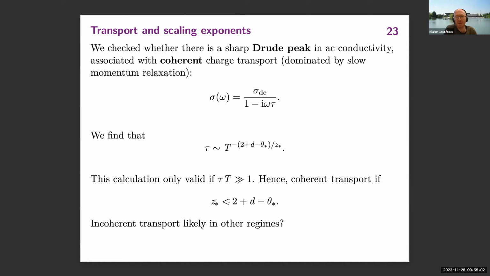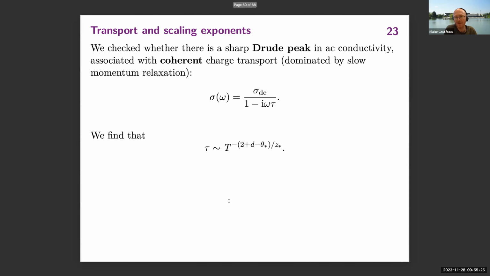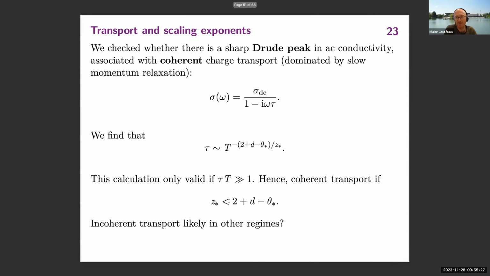So can you quantify better from the DC value what else is scaling with temperature? Because in this sigma DC, there's a tau, but usually the Drude spectral weight has no temperature dependence, so that the DC conductivity scales the same as the width of the peak. But here it seems that there's something else besides tau in sigma DC that scales with temperature, that the Drude spectral weight scales with temperature. So is it the momentum susceptibility? I see what you're saying.